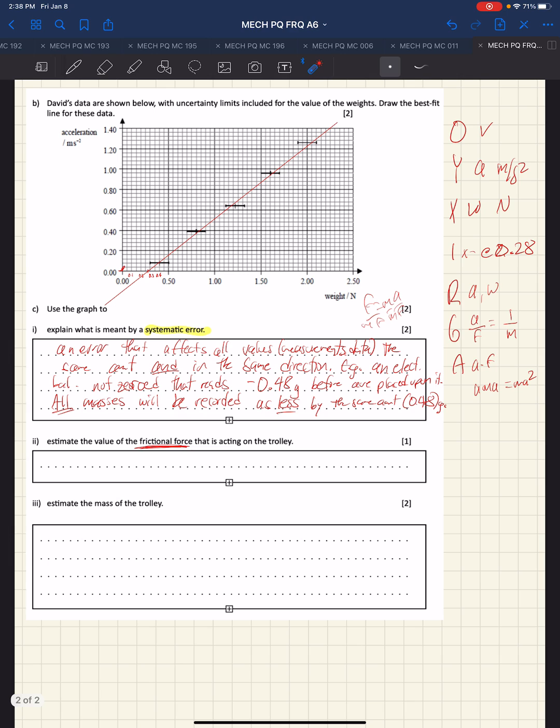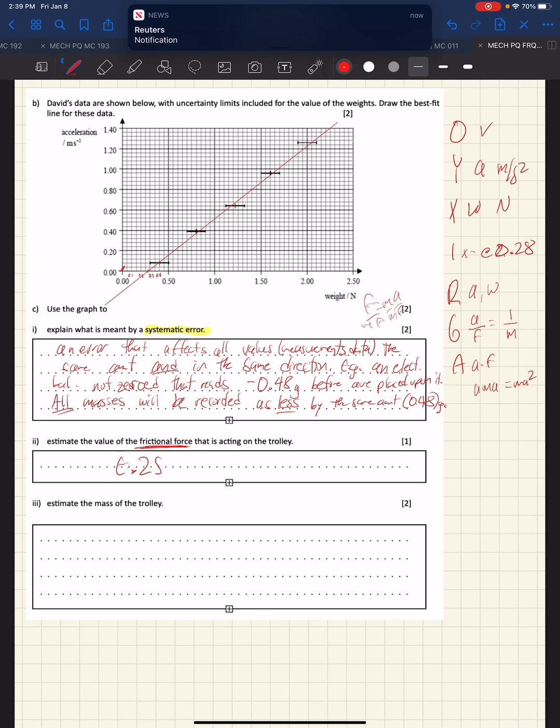But what this says is when the weight is 0, there's no acceleration. We have to add 0.28 newtons of weight before it accelerates. So it's only at that time that there's enough weight to equal and overcome the friction. So we are going to say 0.28 newtons. Now let's do a sidebar here. Again, I can't emphasize enough how important Oizerga is ahead of time because it draws our attention to all of these things before we're asked the question. Now we're asked to estimate the mass of the